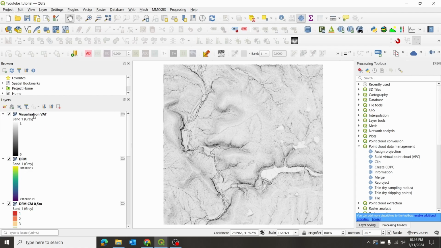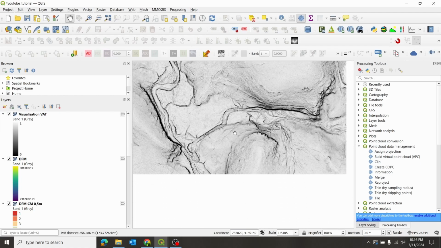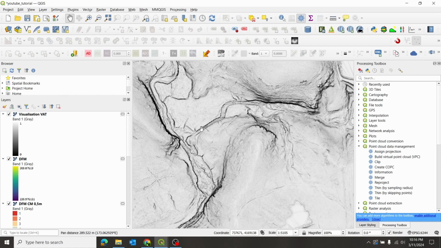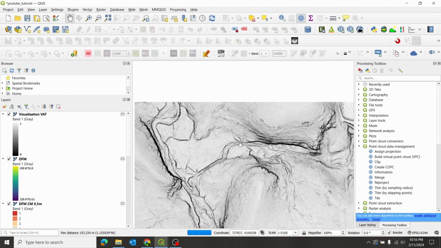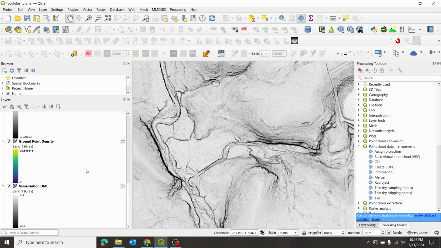So the first visualization is this VAT. That's visualization for archaeological topography. This is the area we're kind of interested in here. There's a creek that runs through the valley here. And you can see there's quite a developed road network. Let me go back to